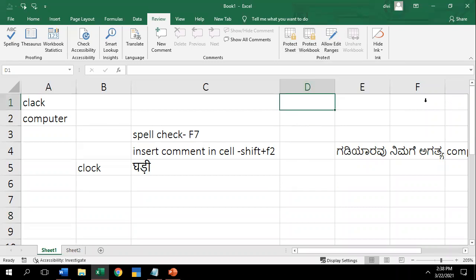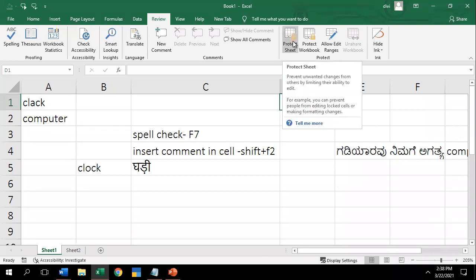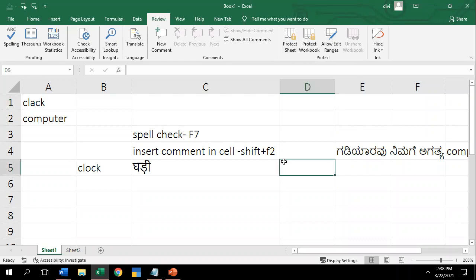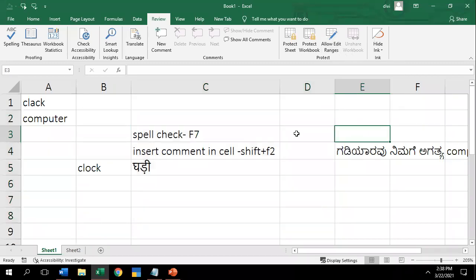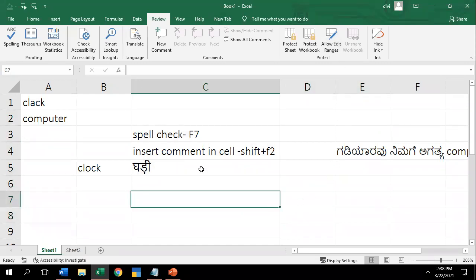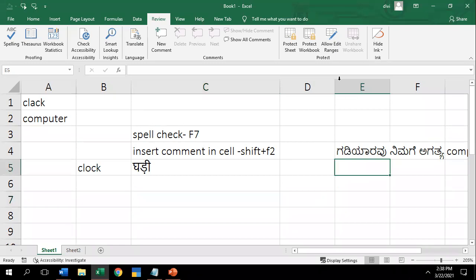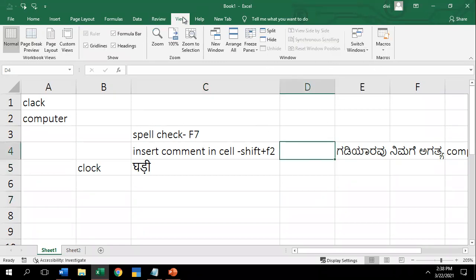That is an overall workbook session I'm going to repeat. When I explain, I'm going to explain about the protection of the workbook, protection of the sheet, protection of the cell, and particular range, allow editing range, and unshare the workbook, open read only mode, protection, structure protection, all these different kinds of protections we have. I'm going to explain that in that session. Okay. So right now we don't want it.